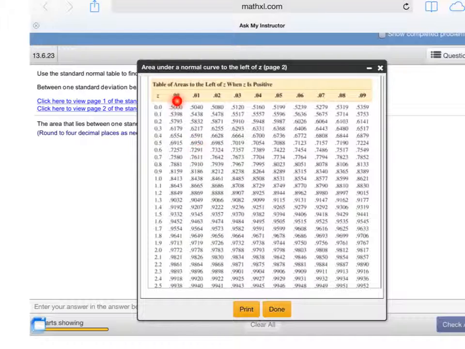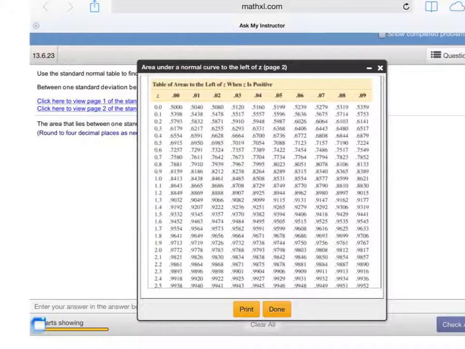above the mean. Well, this table here, page 2, gives you the area under a normal curve to the left of the z-score. And so since it's positive, this means it's to the right of the mean on the normal curve. And if it's negative, it'd be to the left of the mean. Okay, well, it says we want 2 standard deviations above the mean. And so we come down to the 2 here, and right to the right of it, I see